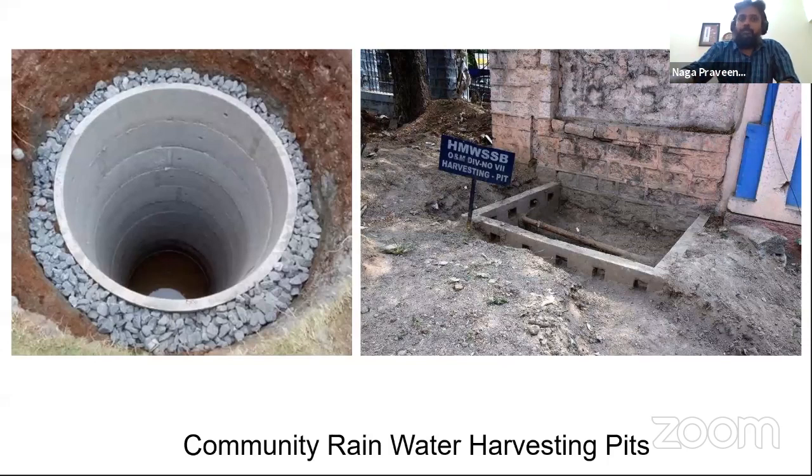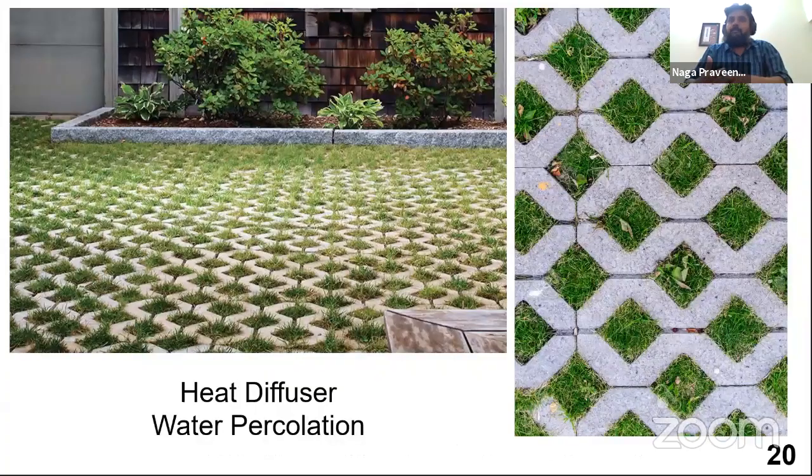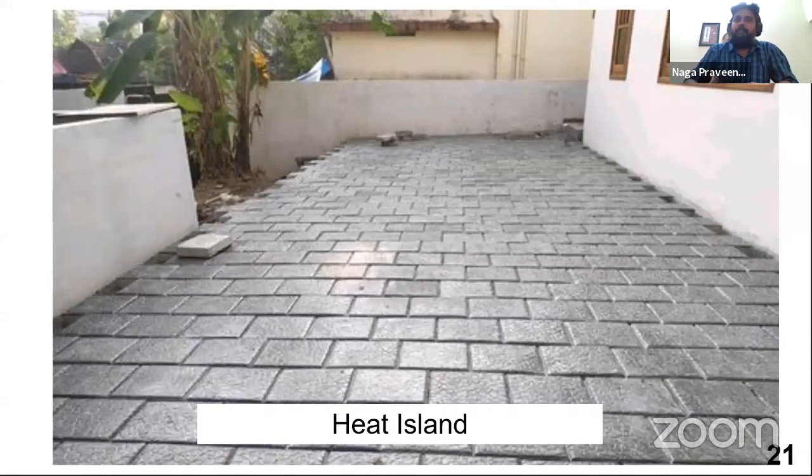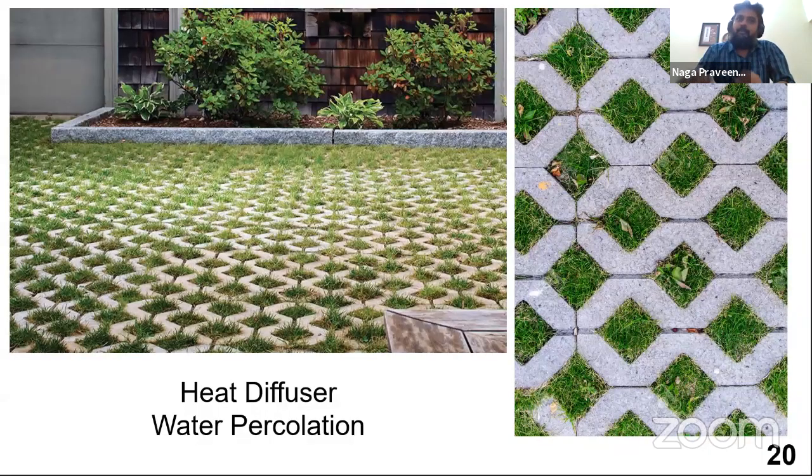Or I'll just show you one example. Imagine all our houses, we are very fascinated with the idea of having paved surfaces. Every inch of the house is paved, but there is an alternative technique where the green takes over. The paved surface is very small, and it doesn't become a hindrance for your walking or your playing, etc. So these are a few techniques which can be incorporated in making the dwelling units more meaningful.